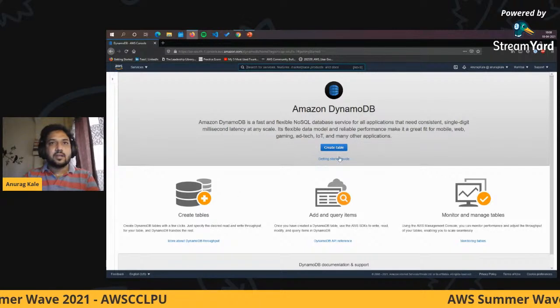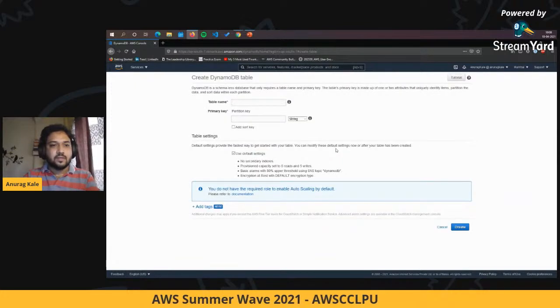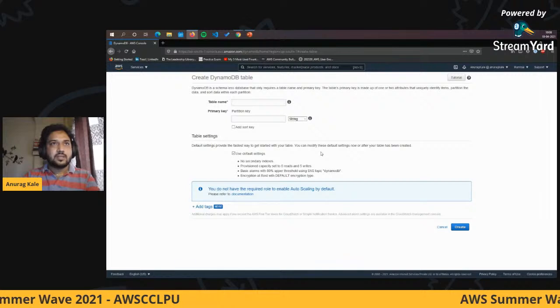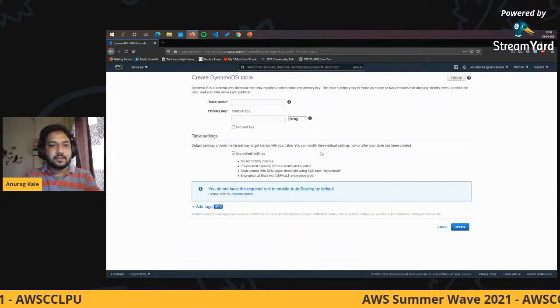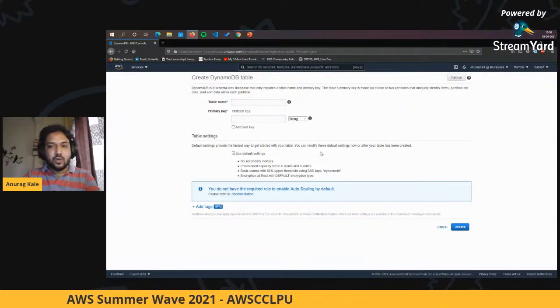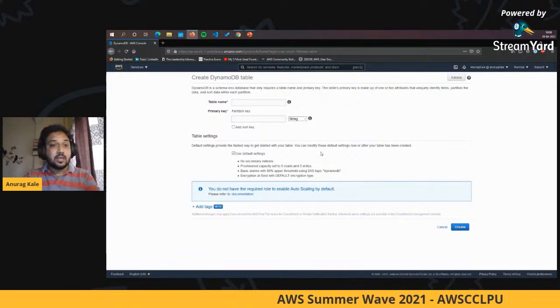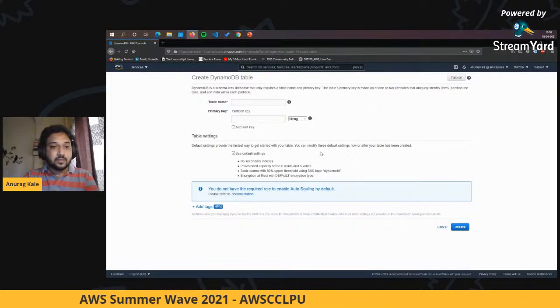So let's try to create a table. If I hit create table, it is going to bring me to a screen. If you're carefully observing, it did not say create database. It is saying that you need to create a table. If you remember, in the serverless way, you are not creating a database as such. You are consuming the service. AWS is taking care of the database, AWS is taking care of the servers.